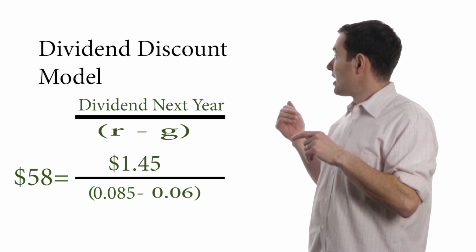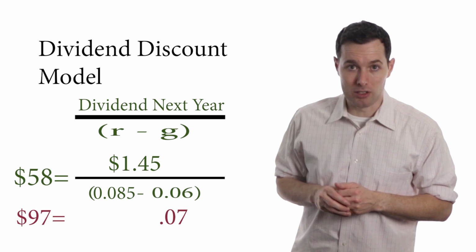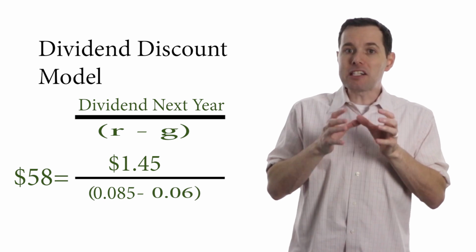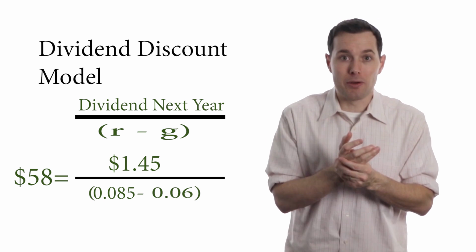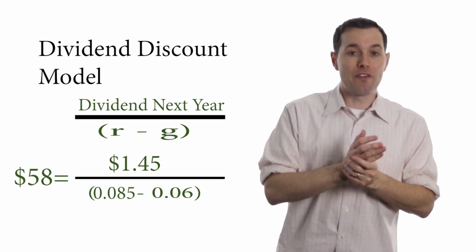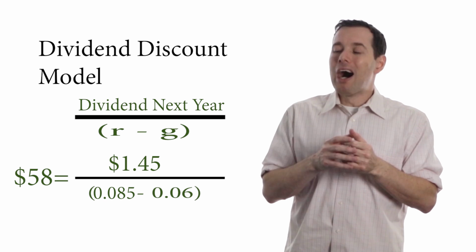Now, if we drop our growth rate to 5%, our fair value drops to $41. If we up it to 7%, it jumps to $97. So I think it's important to remember that these types of calculations where we assume a perpetual growth rate, well, they're very sensitive to their inputs. And for me, the same is true with the required rate of return. We used 8.5%, but I think if we were to change that in a material way, that would likely have a big impact on the fair value of the stock. That being said, I actually think that we used somewhat conservative numbers with Pfizer, so I'm okay with the inputs